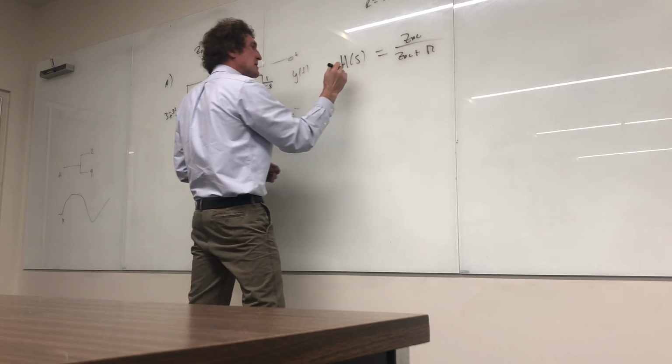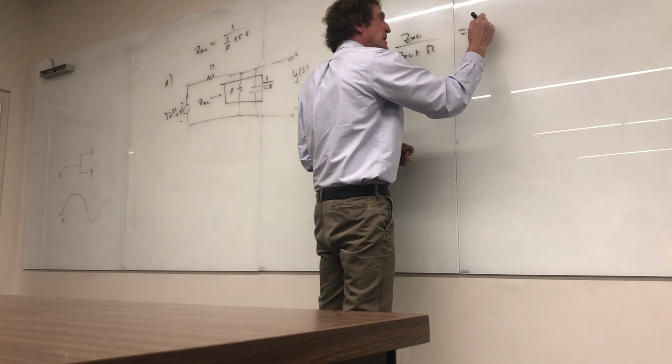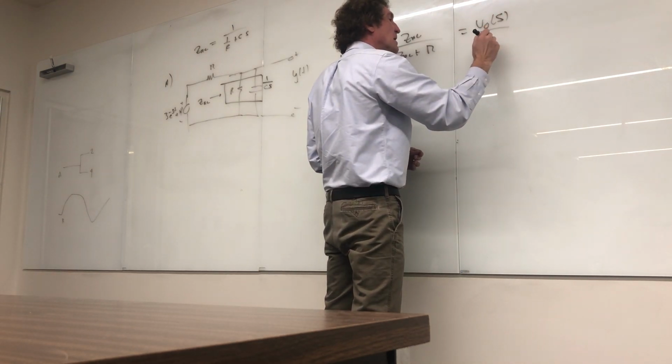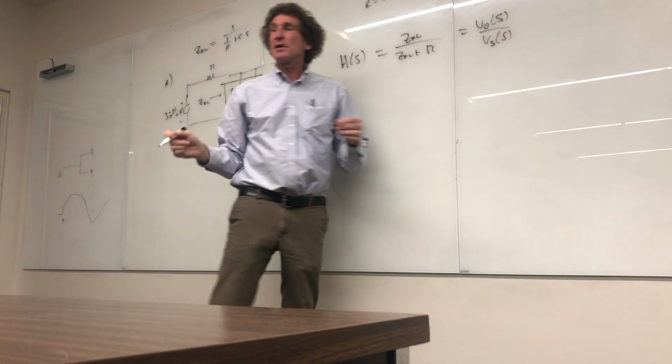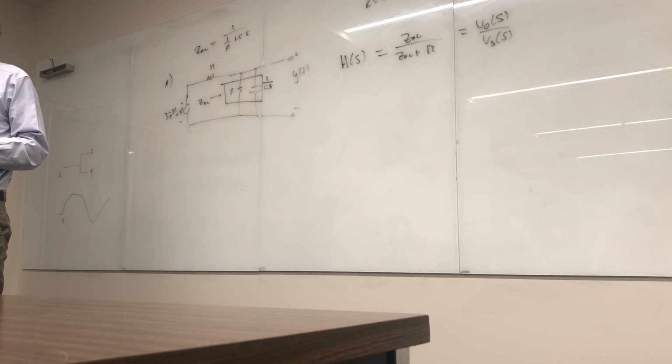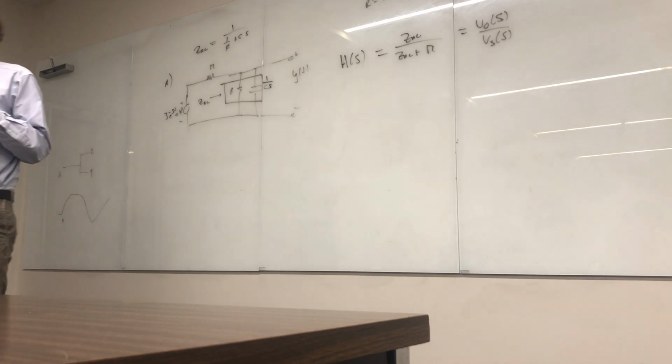Now that H of S is, of course, V out of S, or in my case, Y, but I'll just call it V out of S over V source of S. Do you all see what I'm doing here? Could I have a show of hands to make sure everybody understands what I'm talking about? Transfer functions are just output voltage over input, right? It's voltage division. Do you all agree with me here? I got to make sure everybody's clear on this, because this was not a hard problem, but people mess